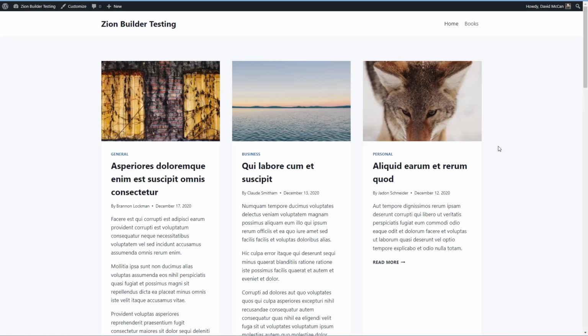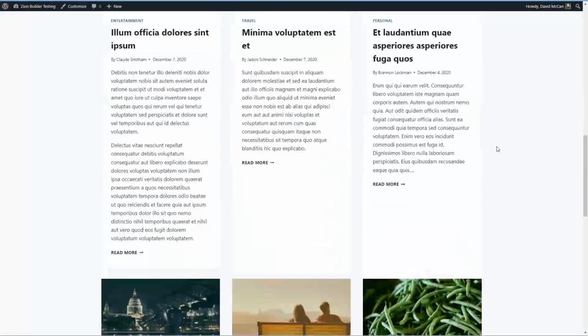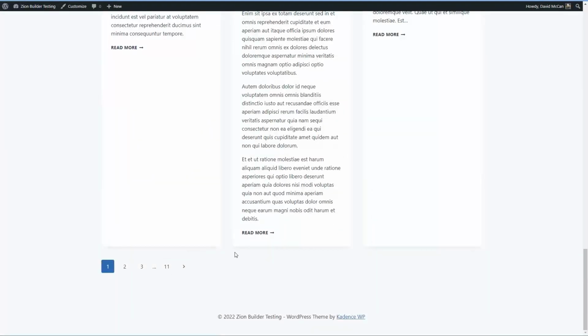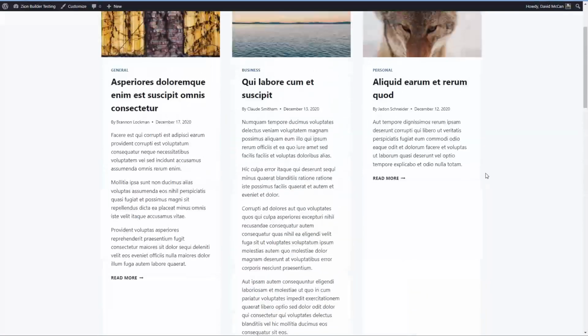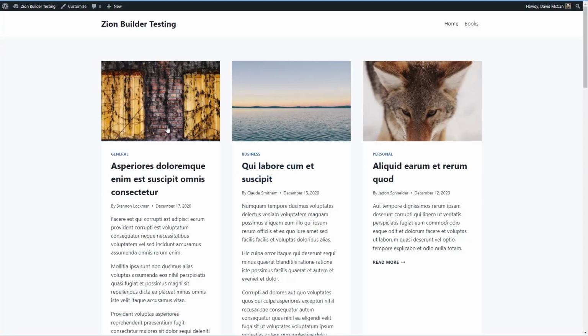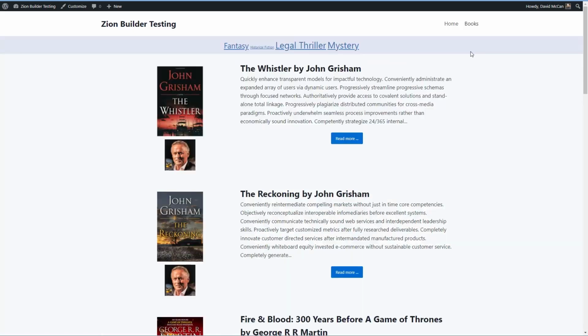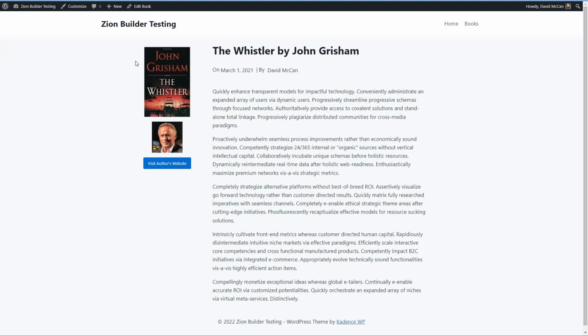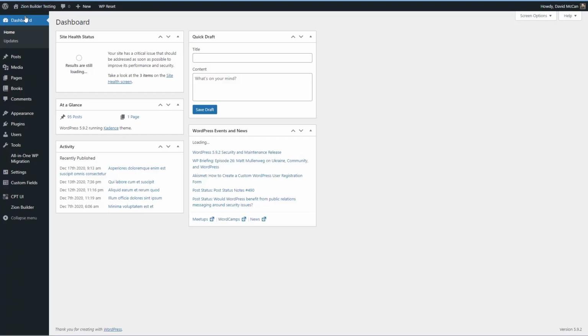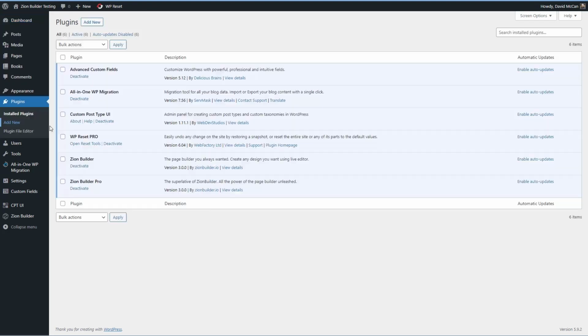So this is the testing site I have. You can see there are a lot of posts, and I just want to create something simple on the home page, just a 3-column grid. I'm not worried about styling it a lot, I want to just see how the builder works. Here's the book archive that we created in the last video, and this is the book single that we created in the last video. So let's go into the back end, and in plugins I have the Zion Builder Free